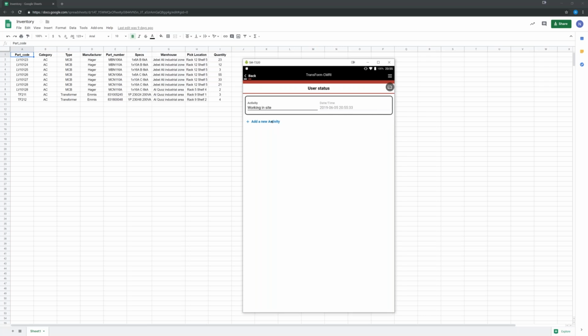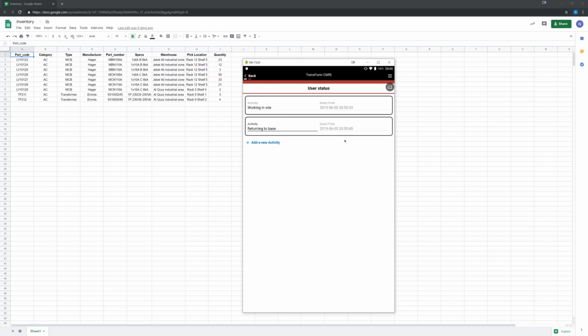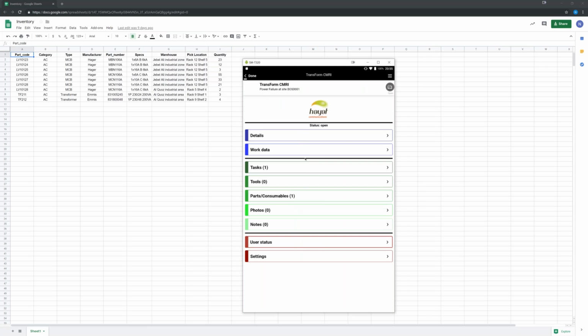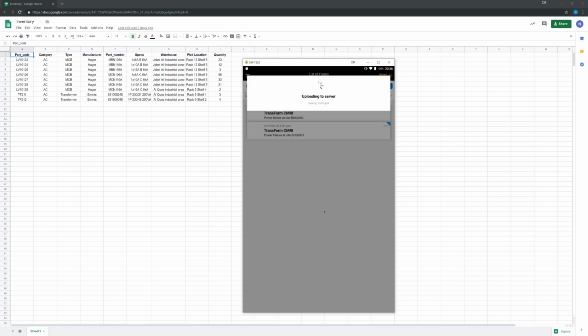I can modify it. So next time I finished in site, and then I'm returning to base. So all of these timestamped, and then all of this data, everything that I've collected at this point, when I sync back, so up until this point, everything works offline. Everything is saved on my device. And the moment I sync, so by pressing upload, then all of my form instances,